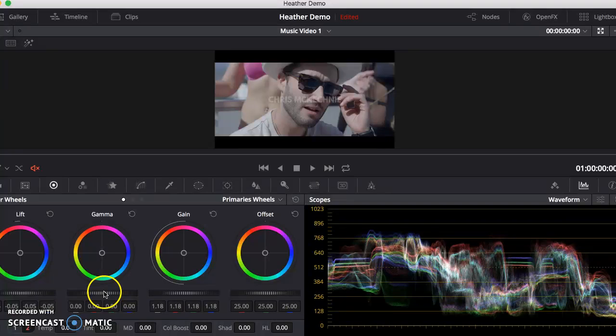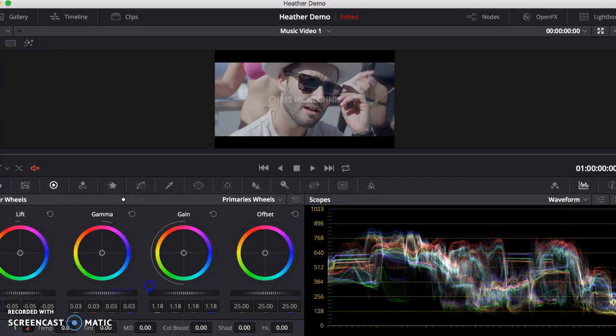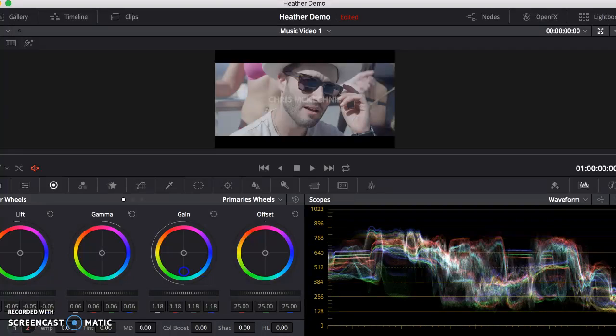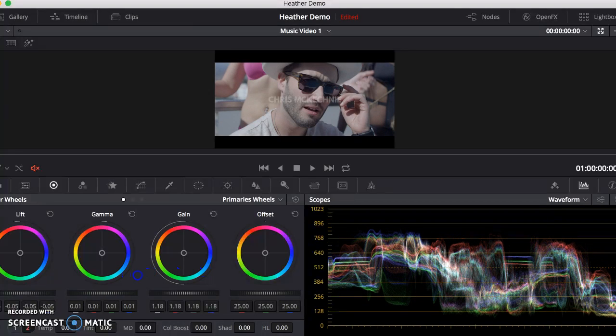Gamma is your midtones, and usually that will be your grays. It's usually your skin tones. So oftentimes you'll be working with those. Do you want them brighter? Do you want them darker? And one of my favorite things that I don't know that Denver talks about in this is you can actually